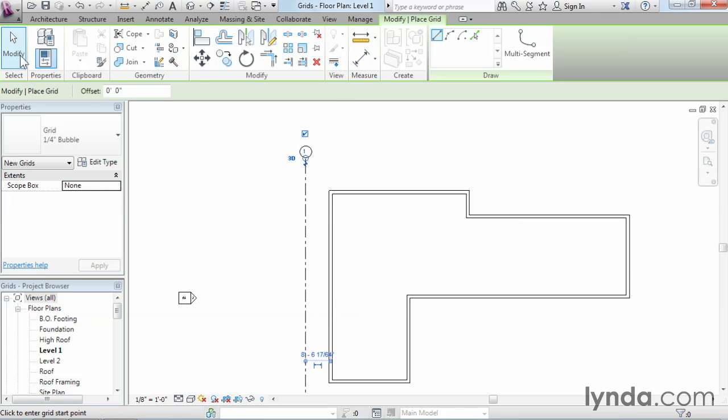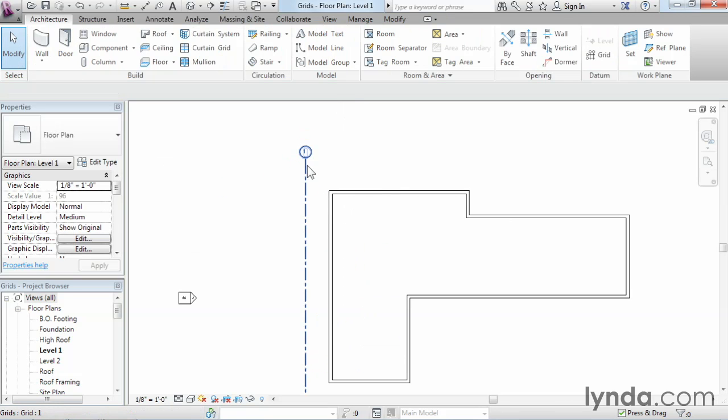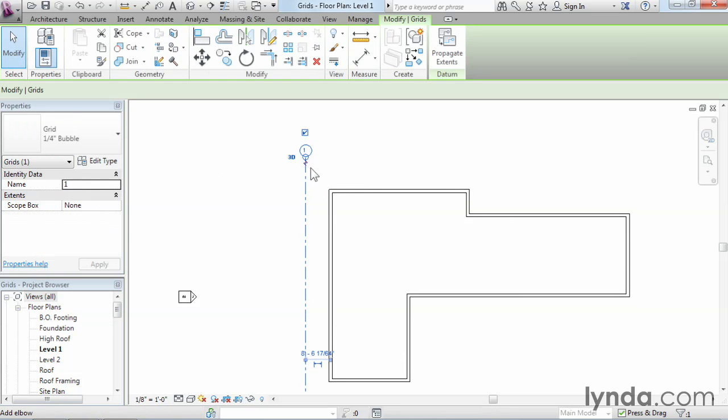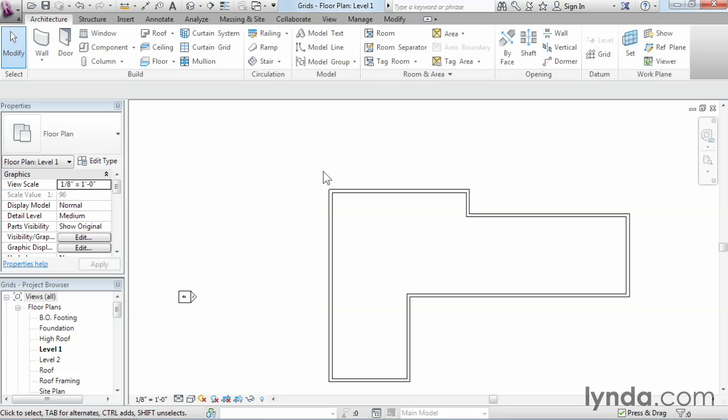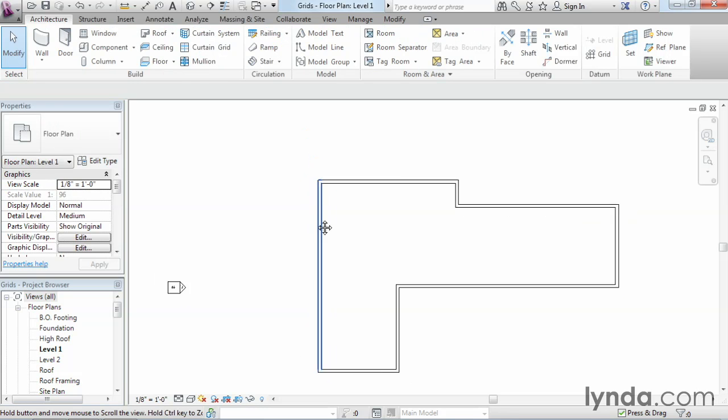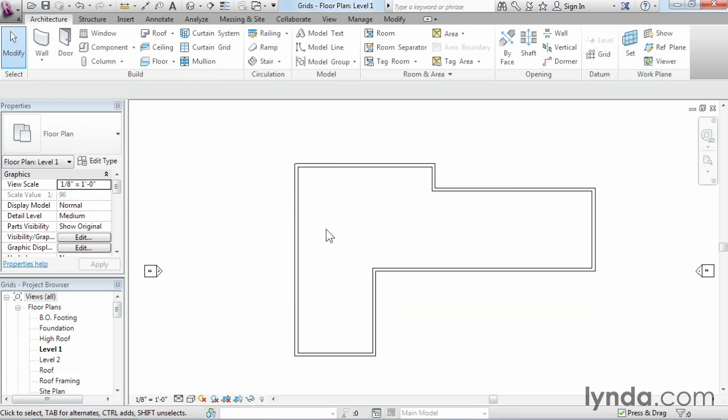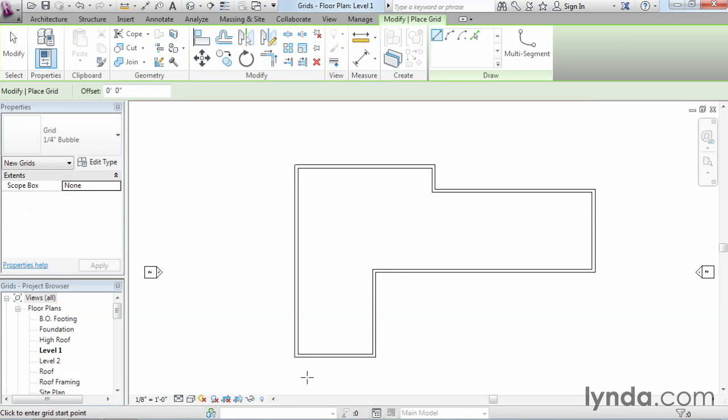Now, let me cancel out of the command for a moment and select this grid, and I'm going to simply delete it. Now, the reason I want to delete it is I want to talk about how Revit numbers grids. So I'm going to go back to the Datum panel, click the Grid tool again, and this time I'm going to click my first point below the building but inside the wall here. So if you're not careful, it'll snap right to the wall. I don't want to snap it to the wall. I want to bring it inside a little bit, click my first point, pull it straight up parallel to the